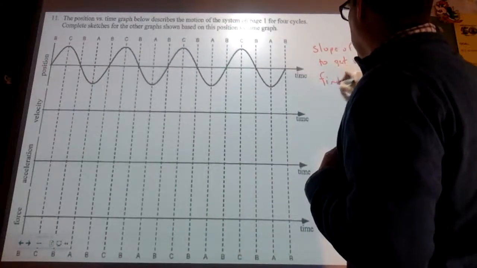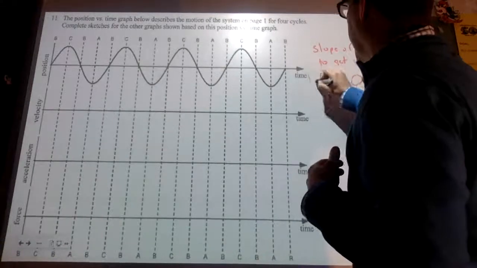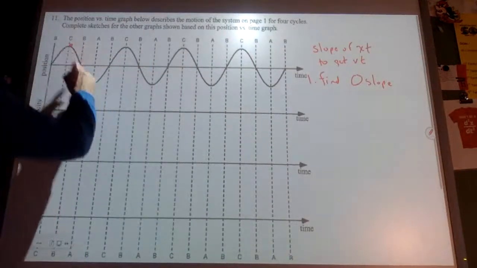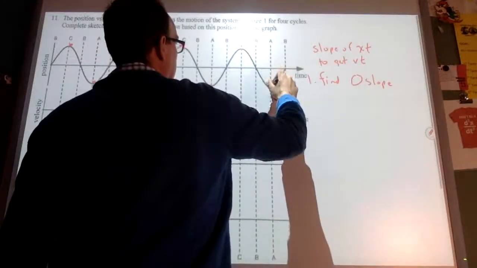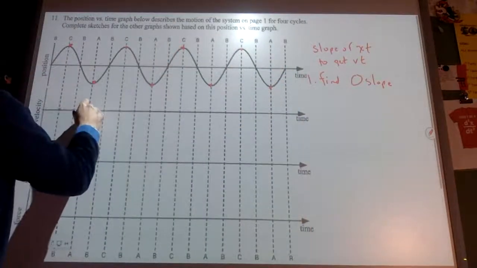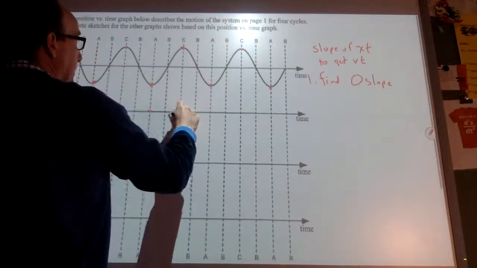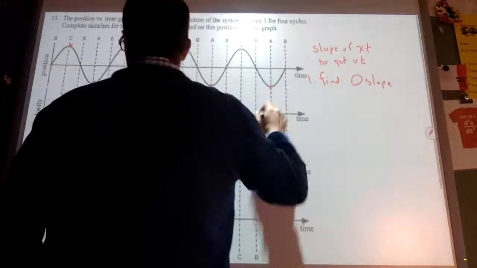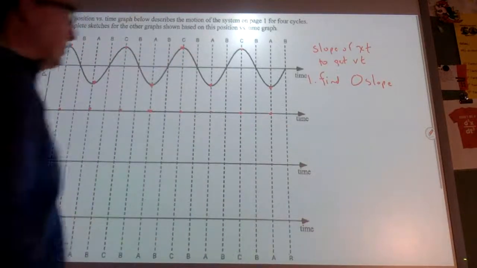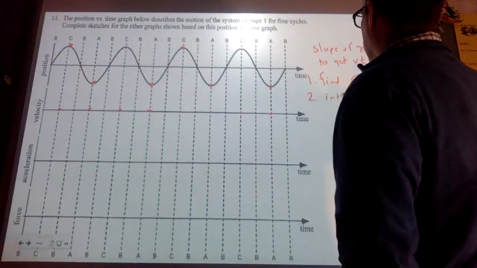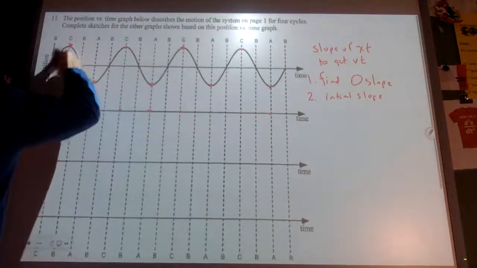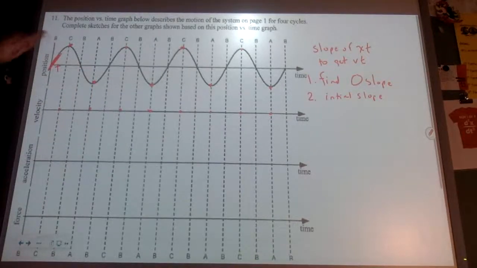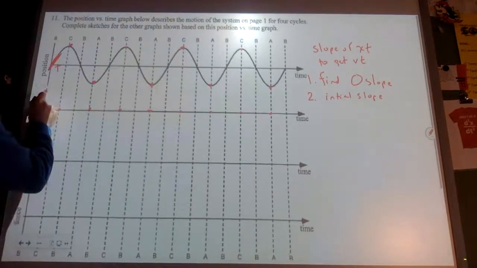So find zero slope. So that's going to be at C, and at A, and at C, and at A. All of these would have slopes of 0. I'm going to mark those there. So C, A, C, A, C, A, C, A. Then I want to look at the initial slope. The initial slope starts positive, and then it gets smaller positive. So that means I'm going to start here. And so I'm going to go